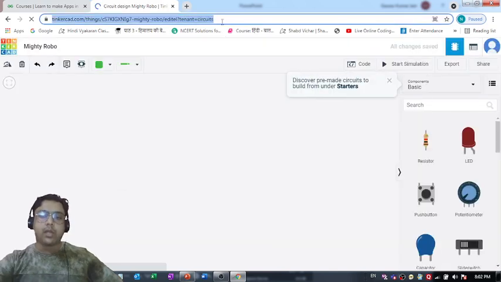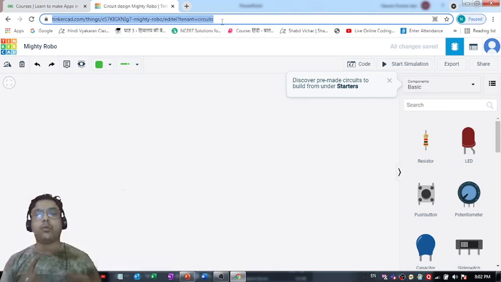So today we are going to see how we can make use of a potentiometer for controlling an LED. So we are going to make use of four different components. The first one is going to be the Arduino Uno R3 board. Then we will use a breadboard, and then we are going to make use of some resistors. Then there is an LED we will use, and a potentiometer.